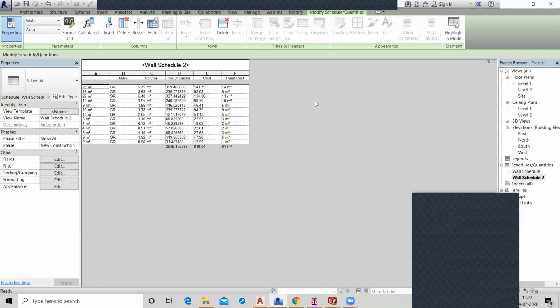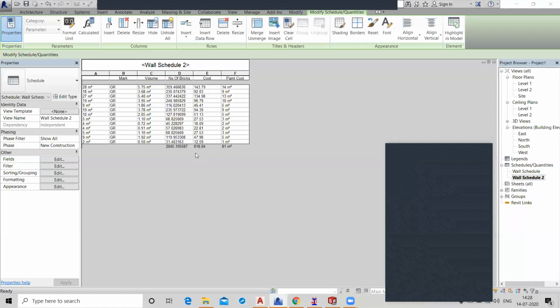After that it will come into the numbers. So this is your schedule in which you come to know the cost. This is your total number of bricks.